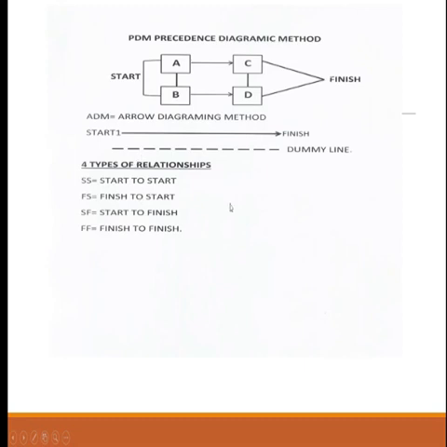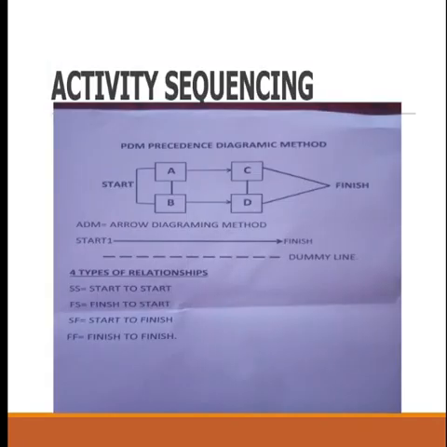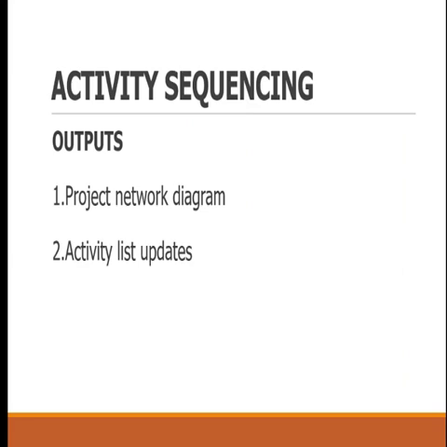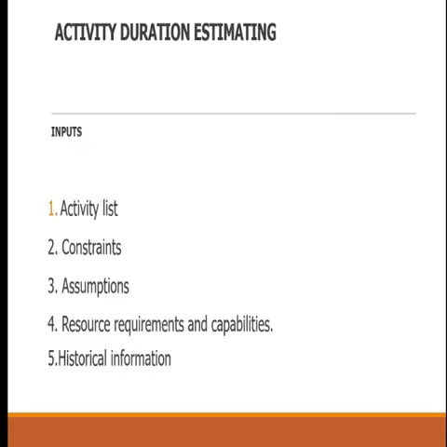Do you understand that? So please go through it again. If you have any questions, you can send it in the group and we'll find a way to get you more clarification. Okay? Good. Now let's go to this one. It's the same. The result of sequencing is your network diagram, which is your PDM and ADM. The second result is activity list update. You have to update your list in case there are new things that you discovered as a result of your sequencing process, right?